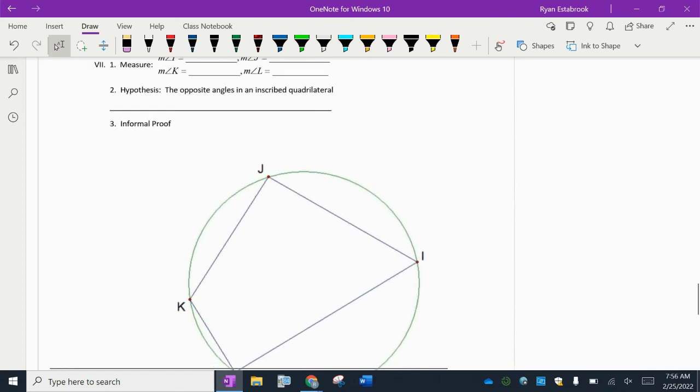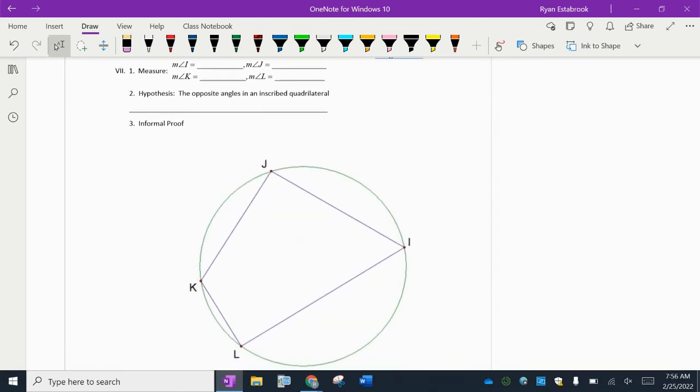Number 7, and this is another one that is definitely not intuitive. So like getting that inscribed angle to be half of the central angle, we could measure that. We could look at a lot of cases. But until we proved it, we weren't sure that it was true. And then this is another one where it's not going to be really obvious that something is going to give us a nice equation. To begin with, we have